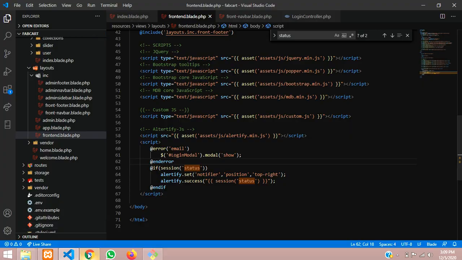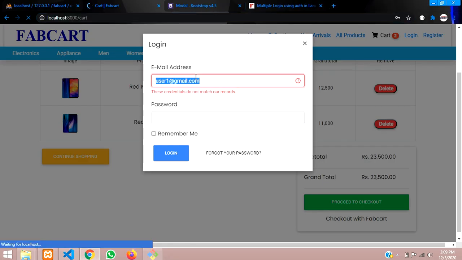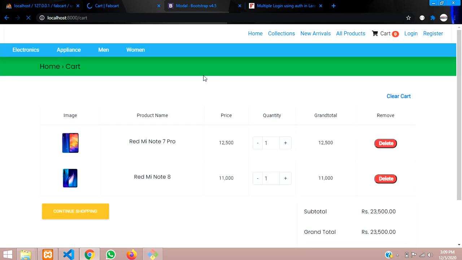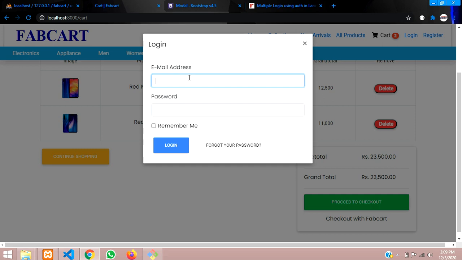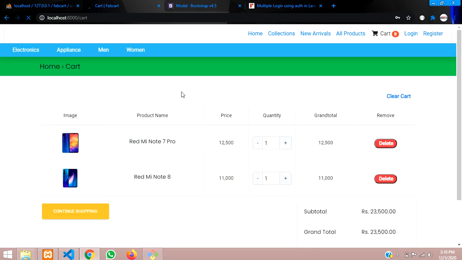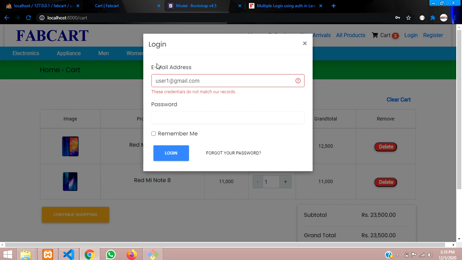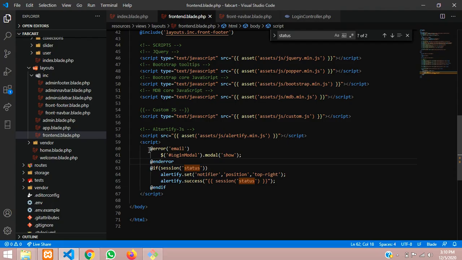So let's save this and reload it again. Reload, and now let us proceed to checkout, and let's paste the user ID and wrong password. Let's click on it and see what comes now. Again the modal should pop up. Cool. So the modal popped up, right? Done. So guys, anything goes wrong, you will be showing the pop-up modal with the help of this error email.